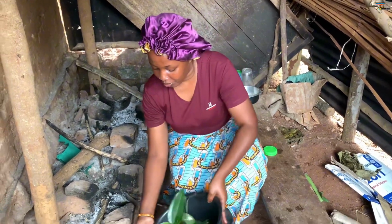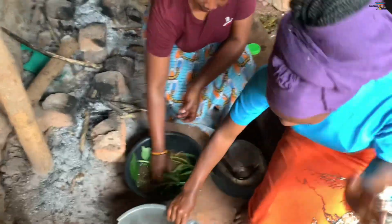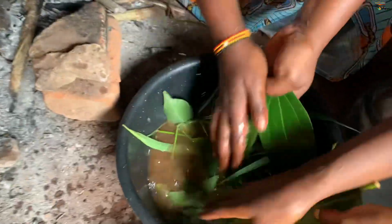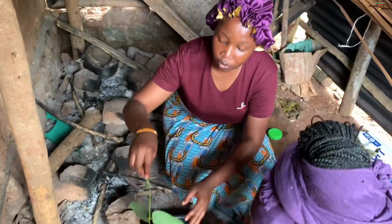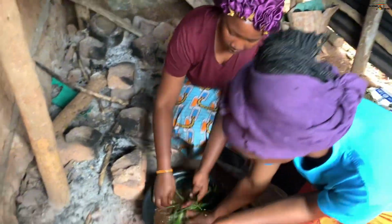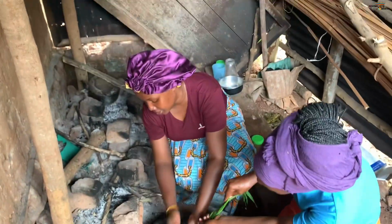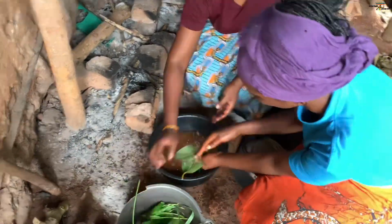Okay, so I'm going to first wash my spices over here. So when you're washing, there's the water for rinsing. You have to make sure you don't cook them when they are dirty. African Muala told me that you can also cook them with their stems. There's nothing wrong. Actually, the water was dirty, you know? No, because we harvested the ginger from the ground. And the soil was